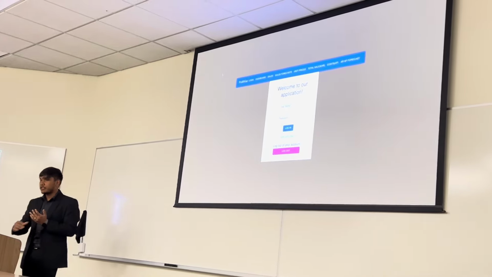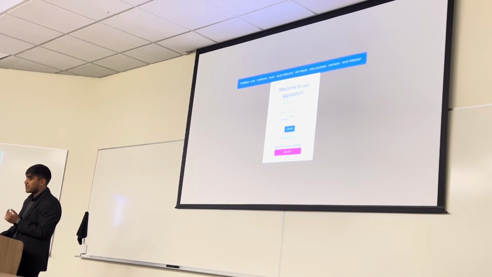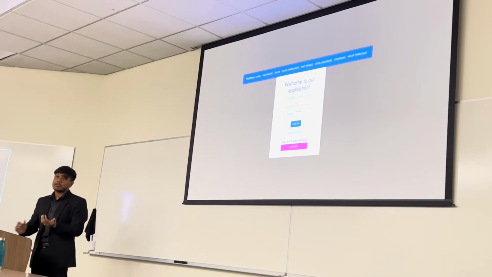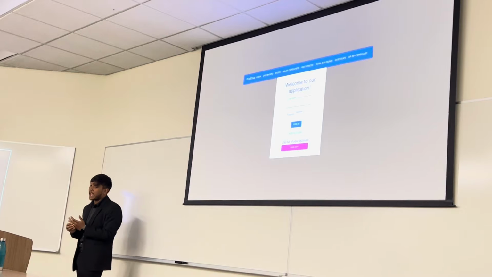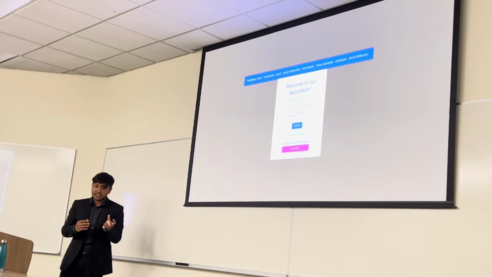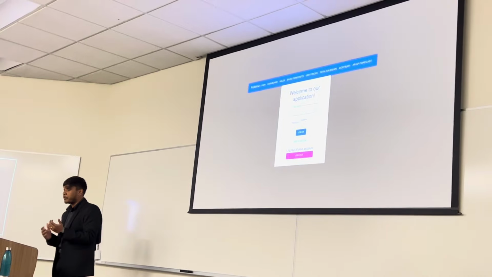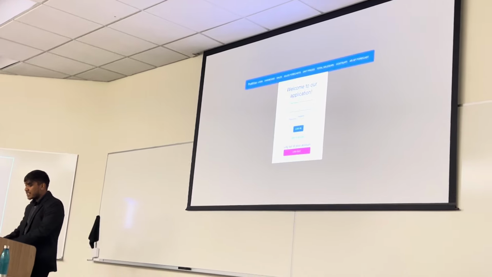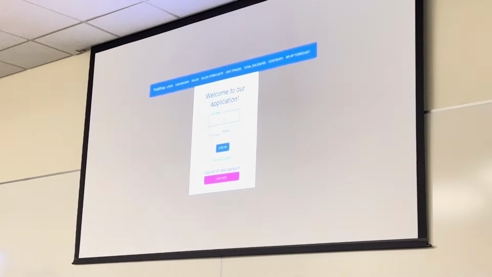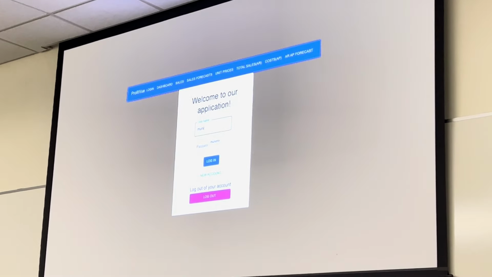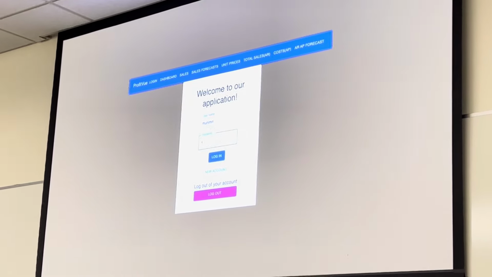You need to first log into the application with your username and password, and your password is always backed up by a hashed password. So even if the data is leaked or something, it's really hard to breach the security. It's using a hashed password, which I will also show in the code demo. So I will go ahead and log into the system first.